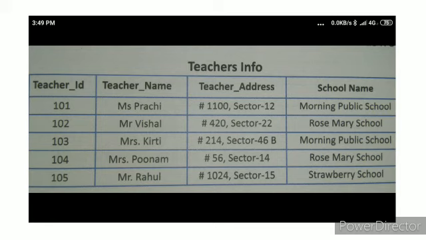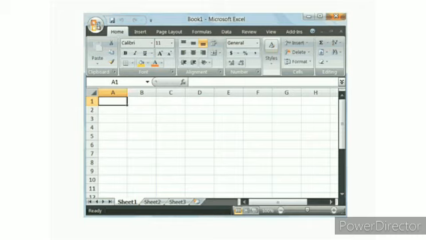A flat file refers to data files that contain records which have a small or fixed number of fields. That means in this database we have some rows and columns only without any structured relationships. For example, MS Excel. MS Excel is an example for the flat file database, children. Okay, children. Next one is the relational database.